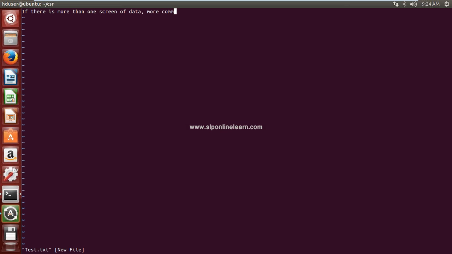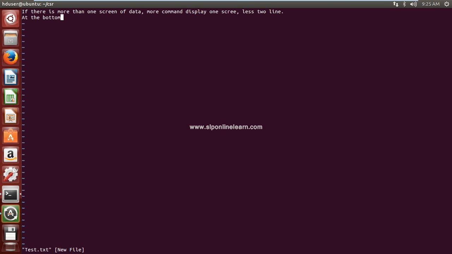This more command displays one screen, less 2 lines, as you wish.